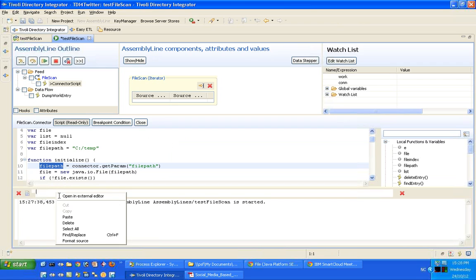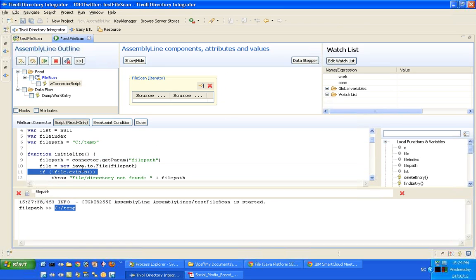If we take a look here, and I paste this in, when I press enter, that line's evaluated, and it gives me the value that's in that variable right now. I'm going to step past that. Now I've stepped past the file equals, so now I've got a file object. And I can